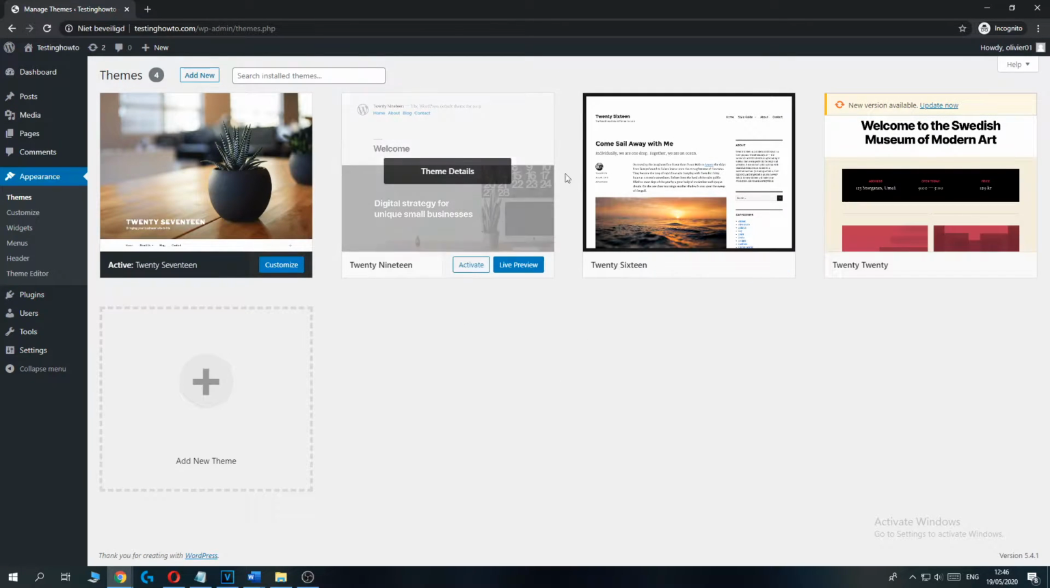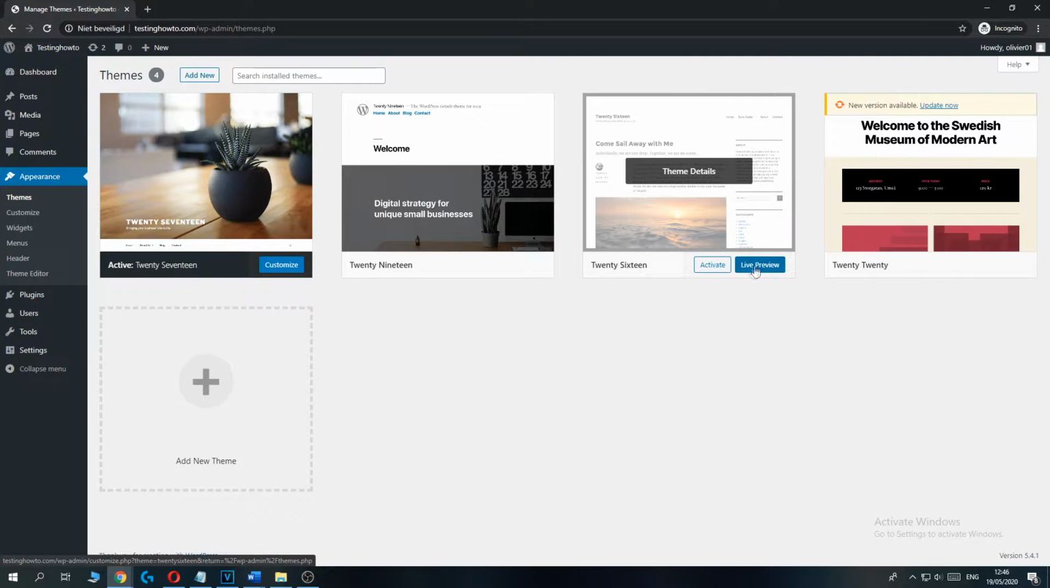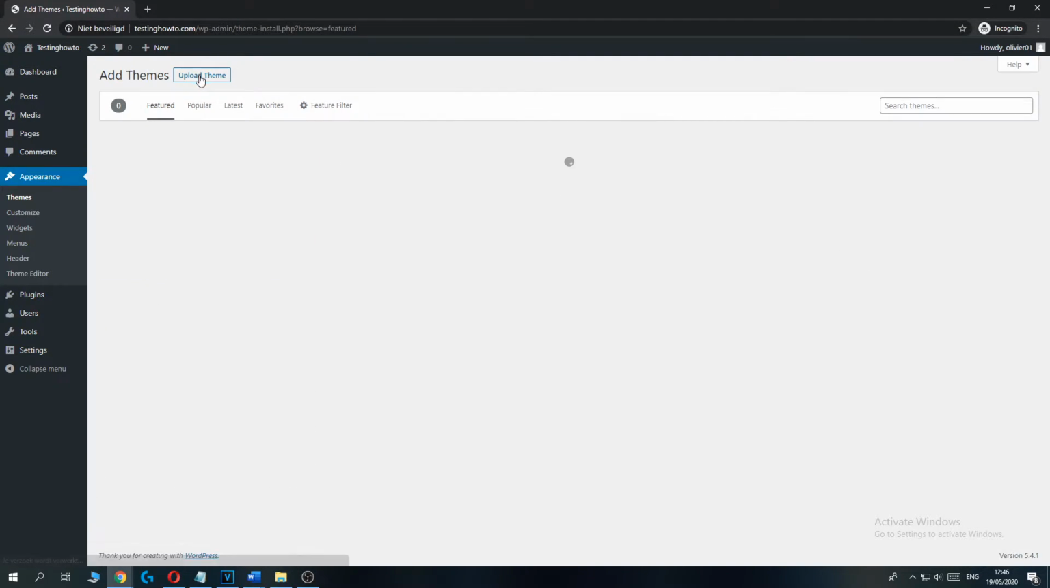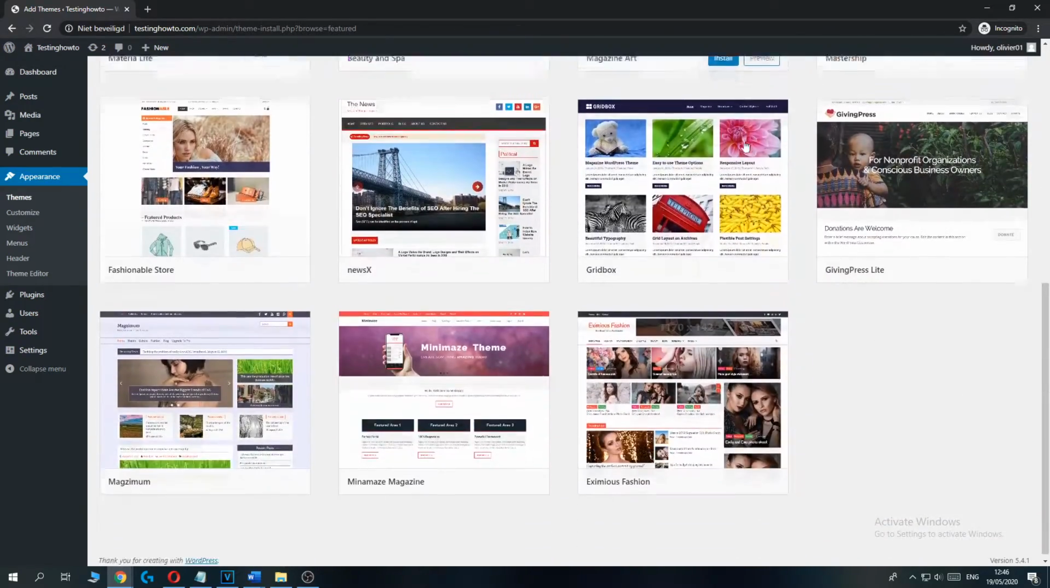So if you want to add one of these, just hit activate and you can see it by hitting live preview. But I want to add a new one, and then you have to go up here to add a new theme. So click add new, and now you can choose any